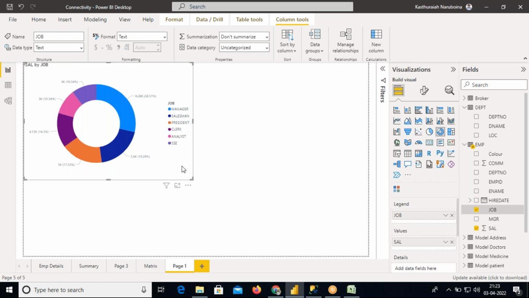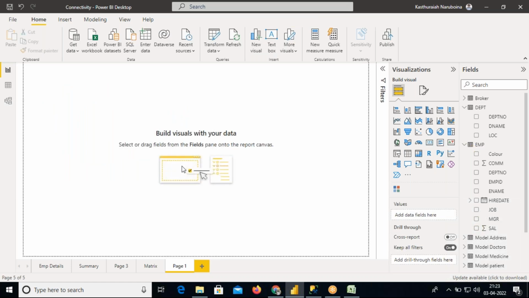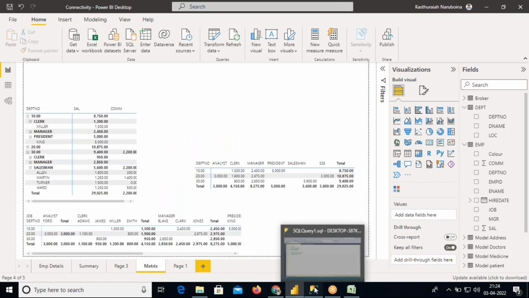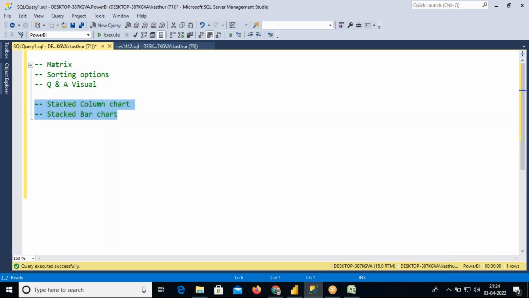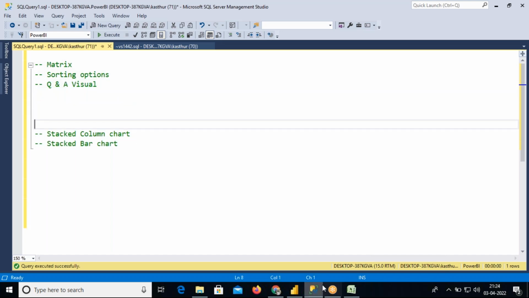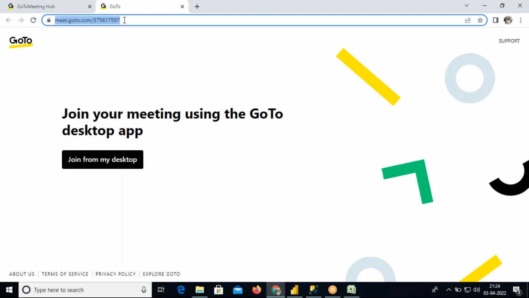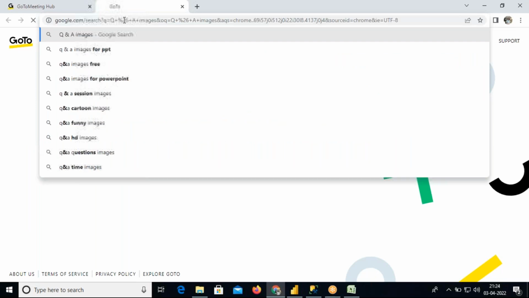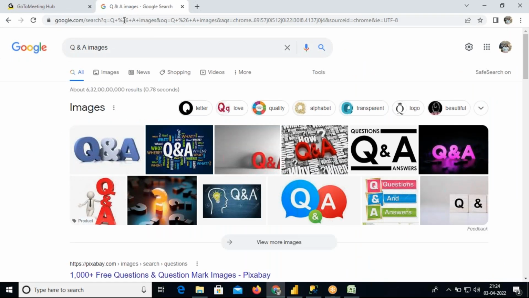So now we will give an option to the client itself for making a visual through a Q&A feature. Okay, I'll show you how we will provide that option to the end user. So let's go to the internet. We will discuss these two topics in next session. Okay, so let's go to the internet and download Q&A image, Q&A images download చేసుకోండి. సో హౌ వీ విల్ ప్రొవైడ్ ఆప్షన్ టు ది ఎండ్ యూజర్, క్లయింట్కి మనం విజువల్స్ని డైనమిక్గా డ్రా చేసుకోవడానికి ఎలా ఆప్షన్ ప్రొవైడ్ చేస్తామని